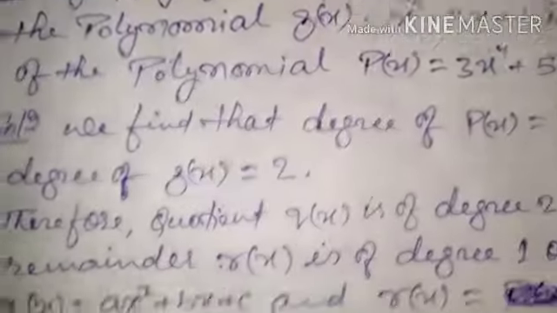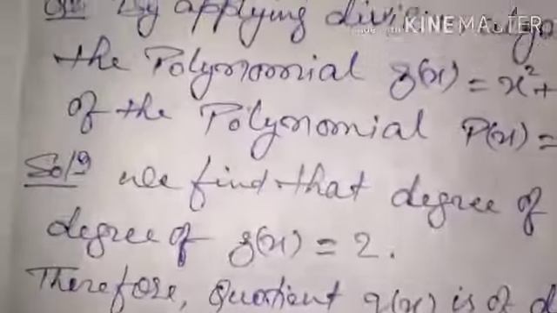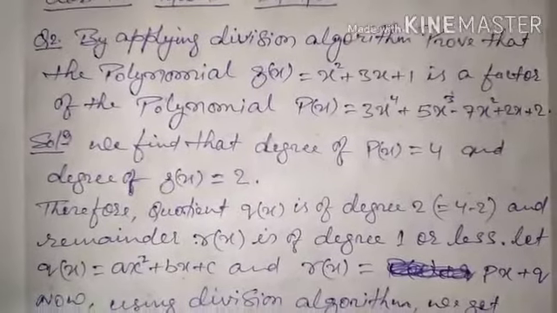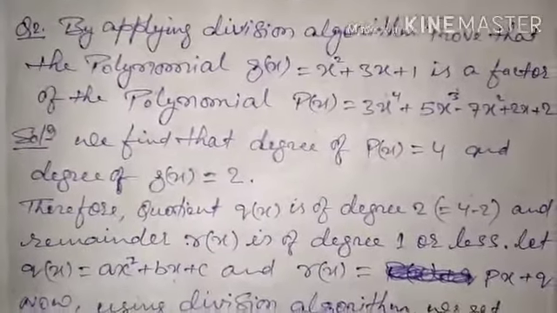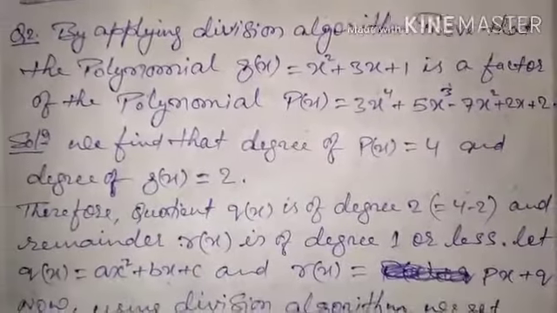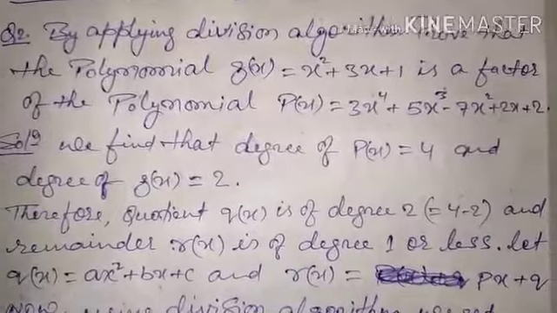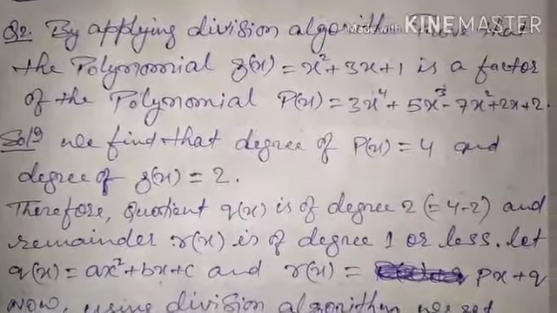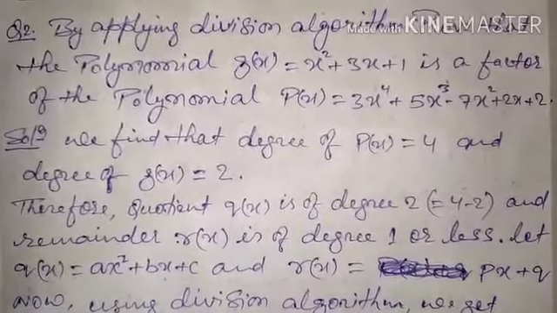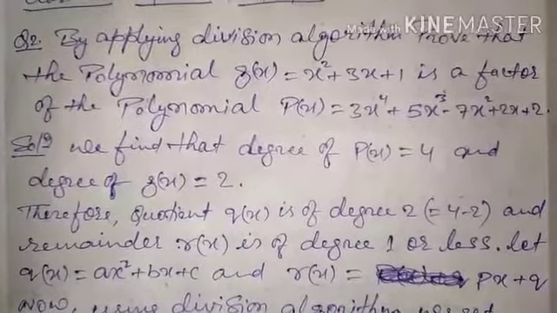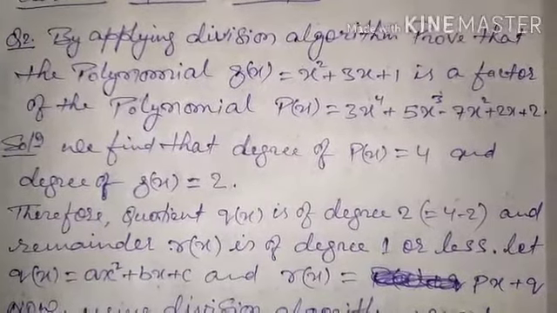Now moving on to another problem. This is a very good problem, and I have tried to solve it in some other way also. This is another method of solving this type of problem, because earlier you know that we divide the given polynomial with the second polynomial, and then we can obtain the quotient and then the remainder. But this is a different method. Without dividing like that, you can just obtain the quotient and remainder.